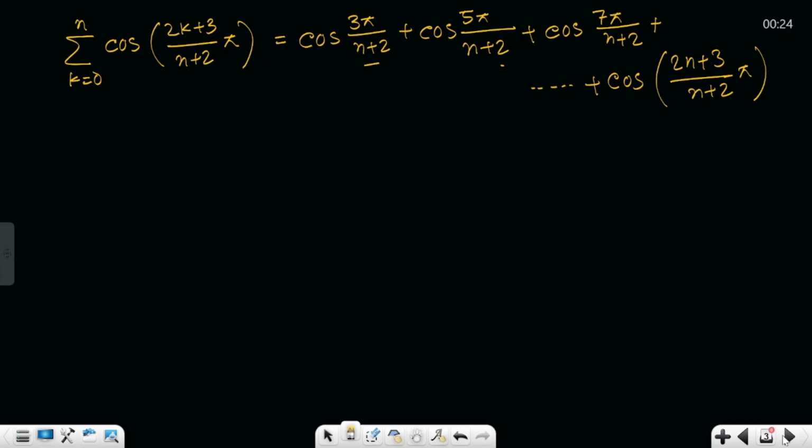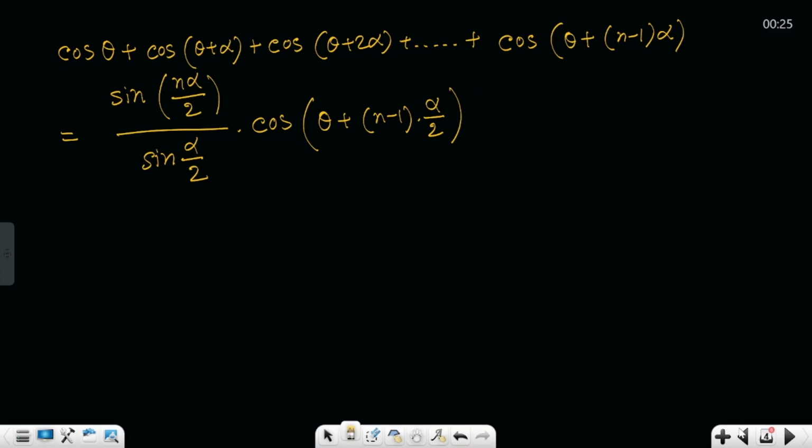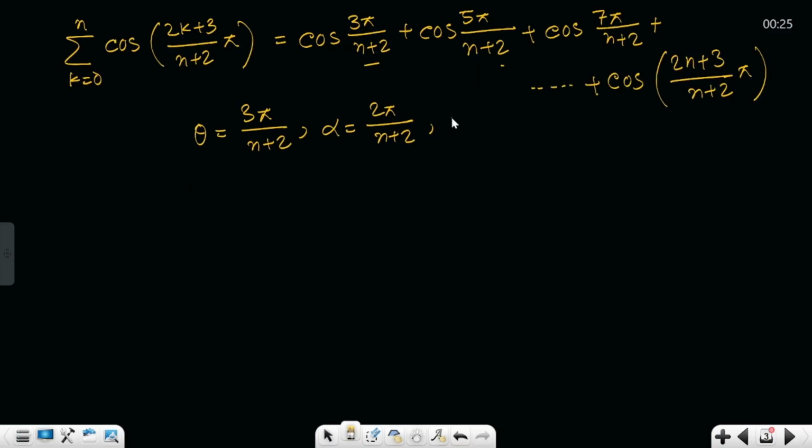Now here, if I compare these two, here theta is equal to actually 3 pi upon n plus 2, right? Alpha is equal to 2 pi upon n plus 2. Okay, and here the total number of terms is n. So here n is equal to actually n plus 1, right? Here n plus 1 total terms. Okay, so now if we apply that formula, this will be sine n plus 1,